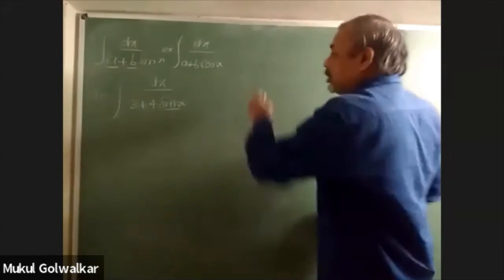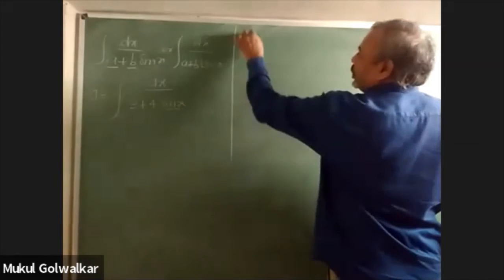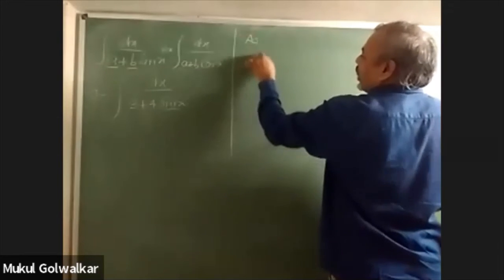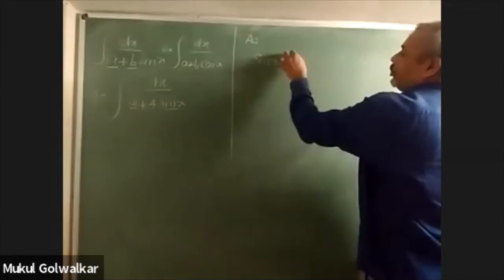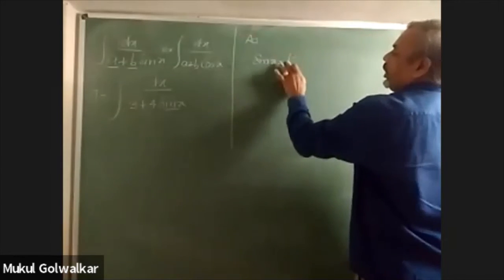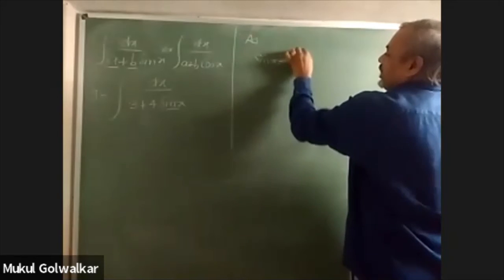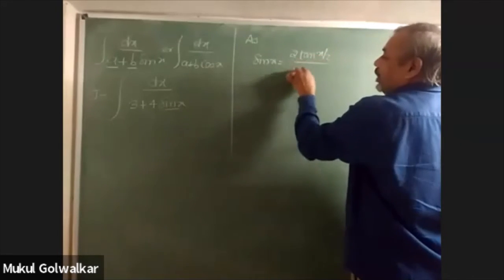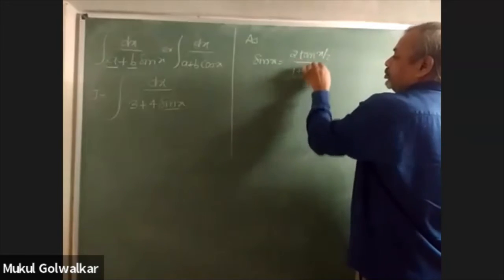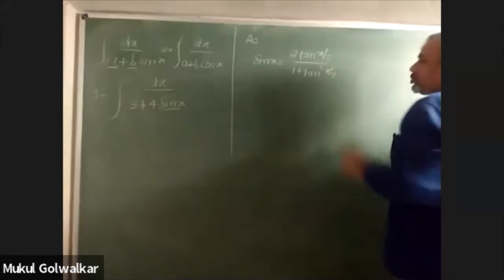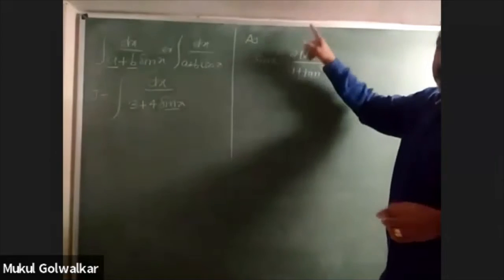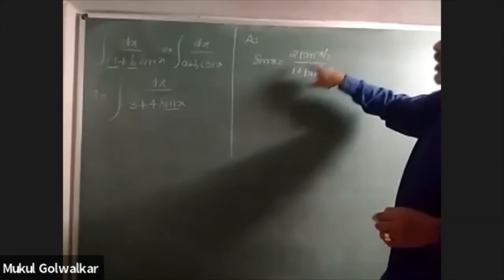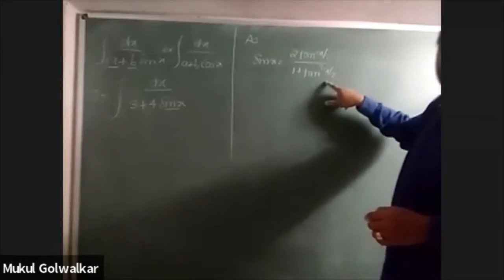And what substitutions are we using? The substitutions are nothing but formulas you know. Sin x can be written in the form of twice tan x by 2 upon 1 plus tan square x by 2. It is a trigonometrical formula. Sin x can be written as 2 into tan x by 2 divided by 1 plus tan square x by 2. Yes, sir.